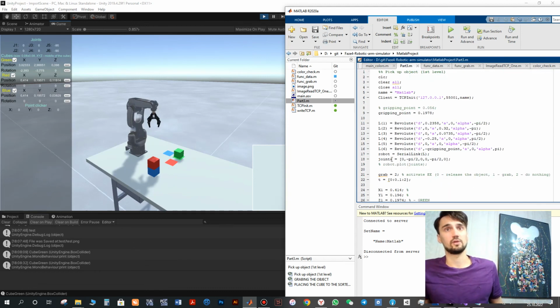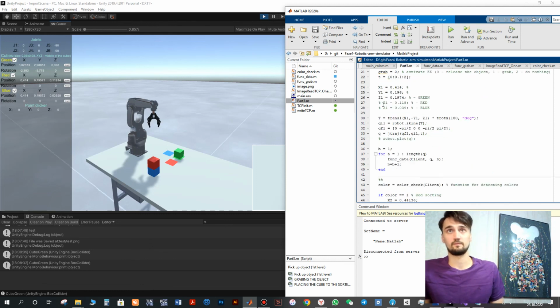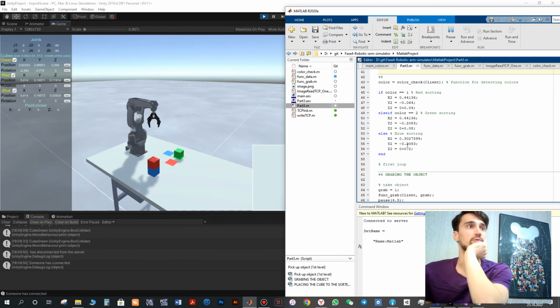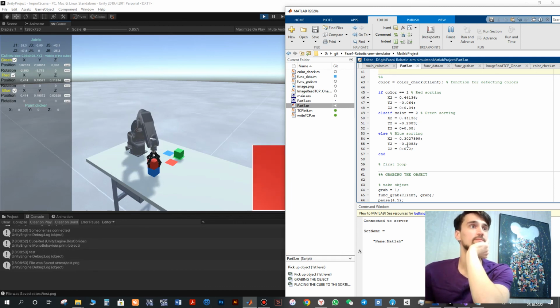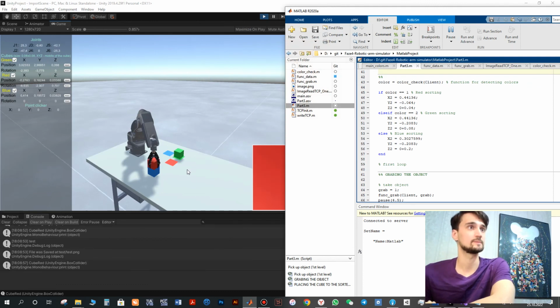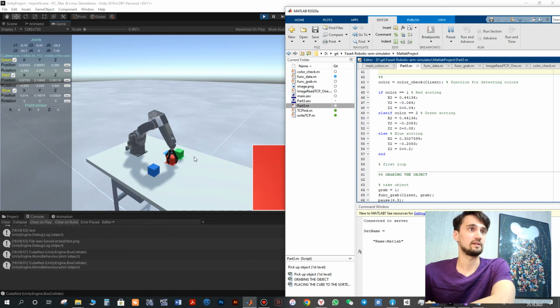Again, all together with the second cube, and the second cube it will place very gently here. So run all together, detected color, put very gently here,